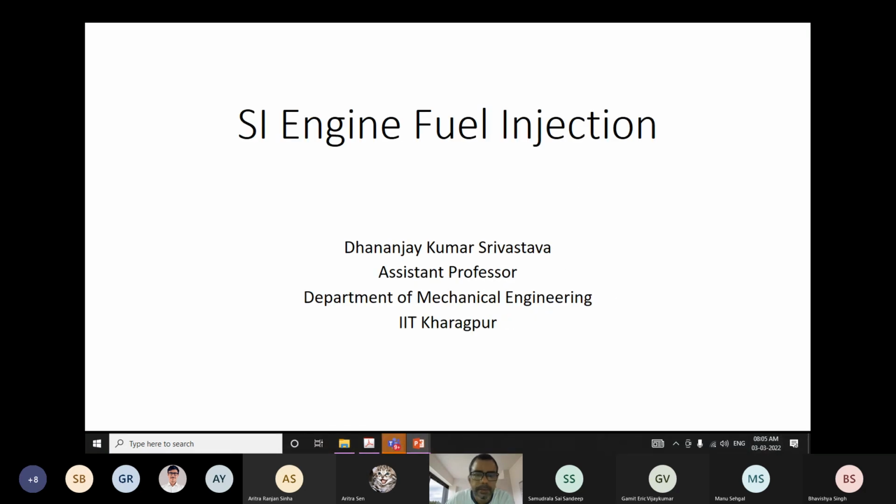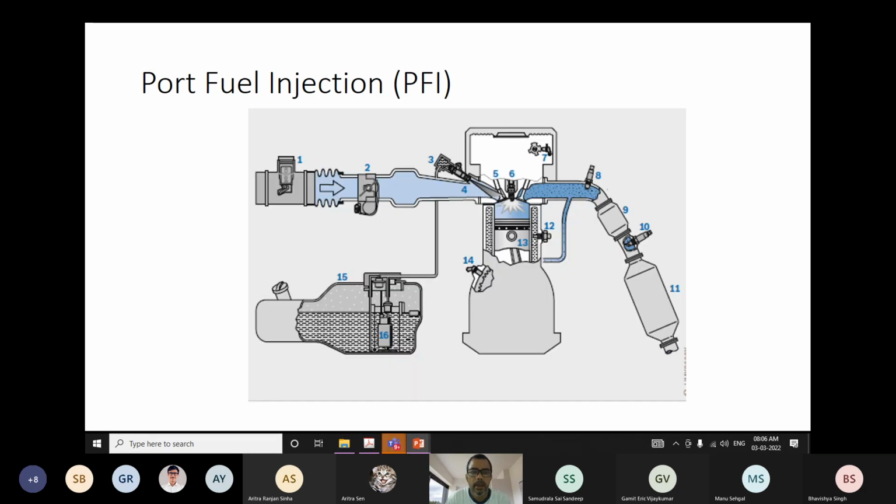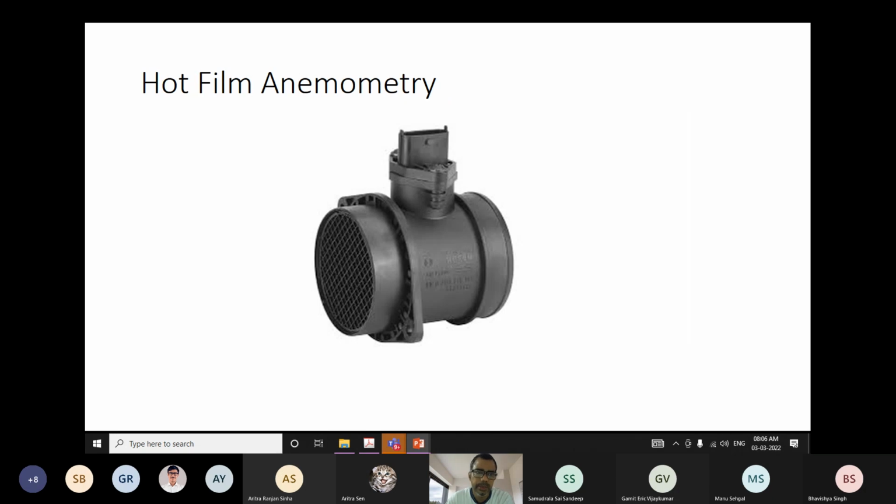In the last class, we were discussing the fuel injection system in the SI engine, in which we started our discussions with the port fuel injection system. We first discussed how the fuel injection systems are arranged in the engine, the different parts, and how we can measure the mass flow rate of the air. Either it can be measured directly with the help of a sensor like hot film anemometry, or